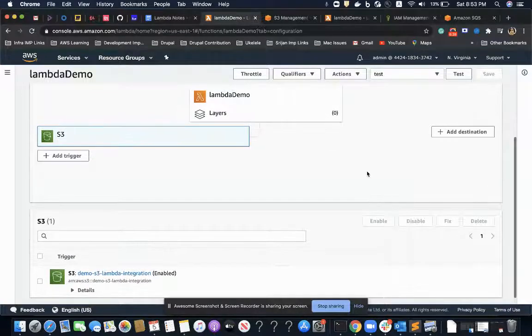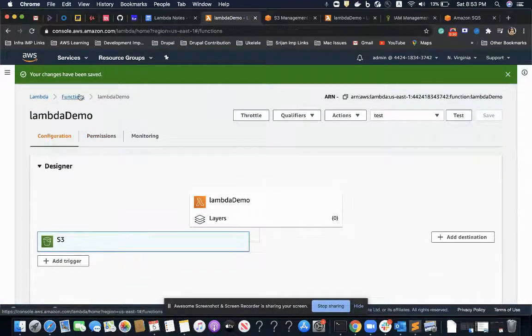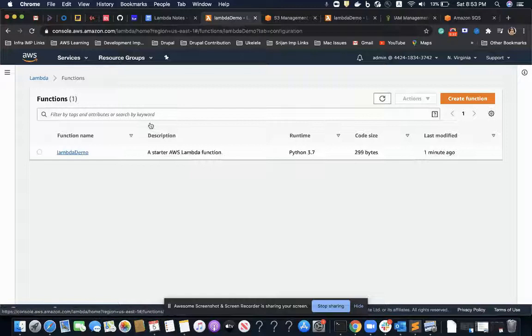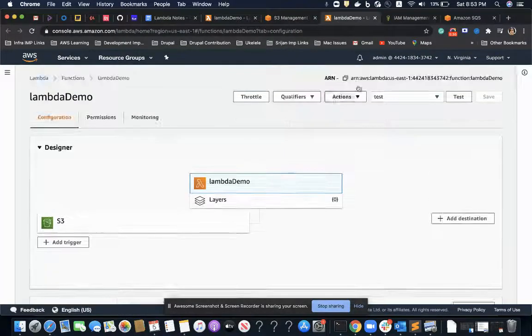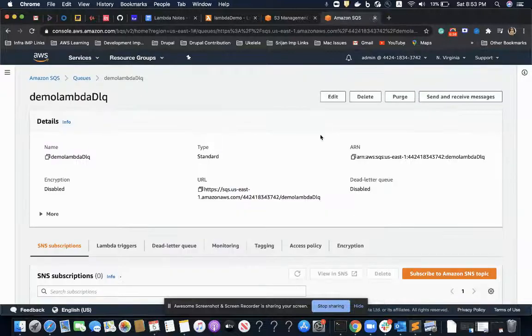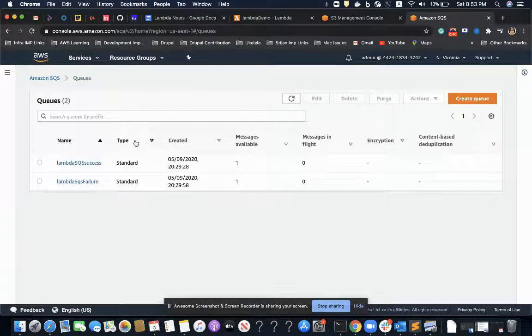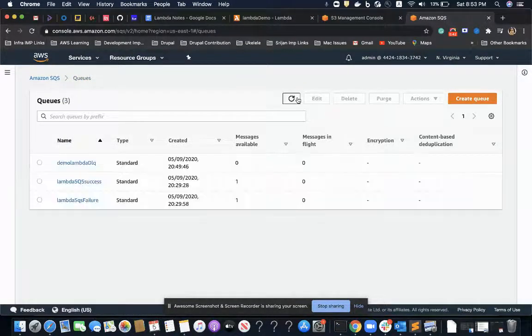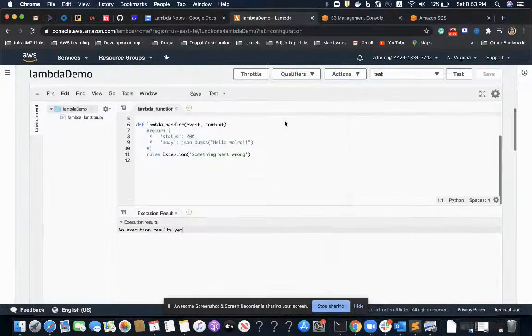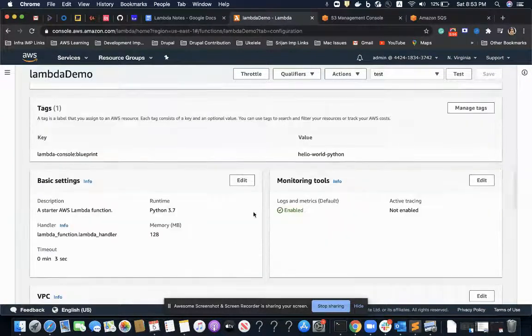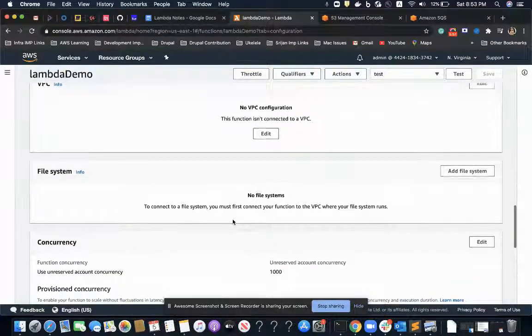Wait for a while. Let's go to my function and see if we have received anything inside our dead letter queue. No, we have not. We have to wait for a while, because our Lambda function would retry again before sending the messages to the dead letter queue.